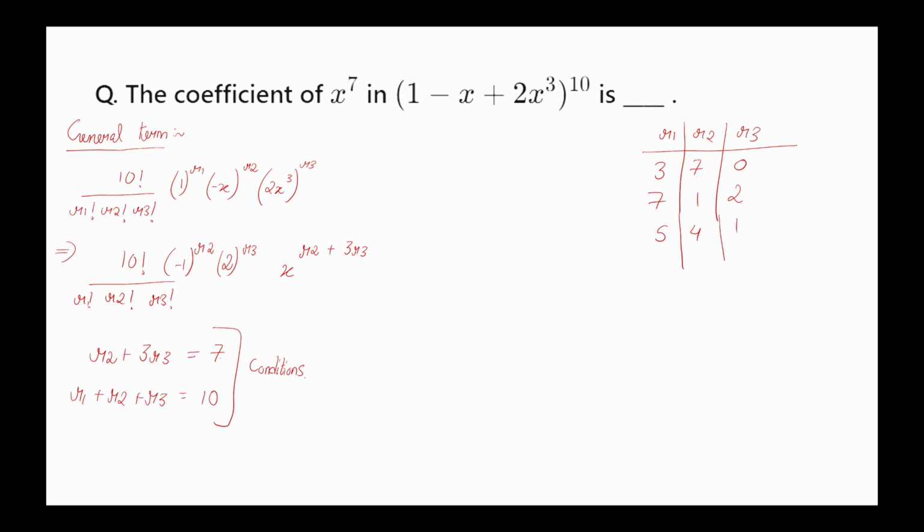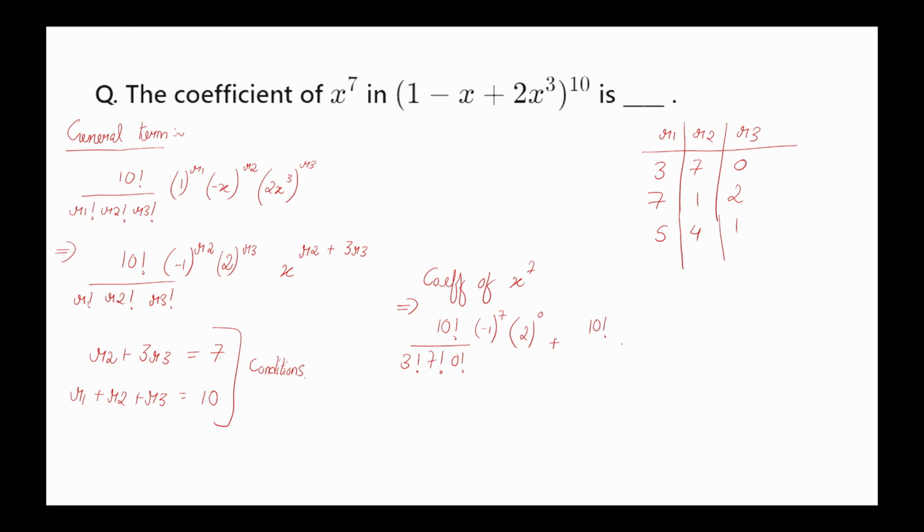Now in all these 3 cases, I'm going to get my x to the power 7. I just need to find out the coefficient. So how would I find out my coefficient? I will simply add the coefficients of all these cases, and I'll get my answer. So my coefficient of x to the power 7 would simply be written down as 10 factorial upon 3 factorial, 7 factorial, 0 factorial, into minus 1 to the power r2. So this would become minus 1 to the power 7, and we would have 2 to the power 0, plus